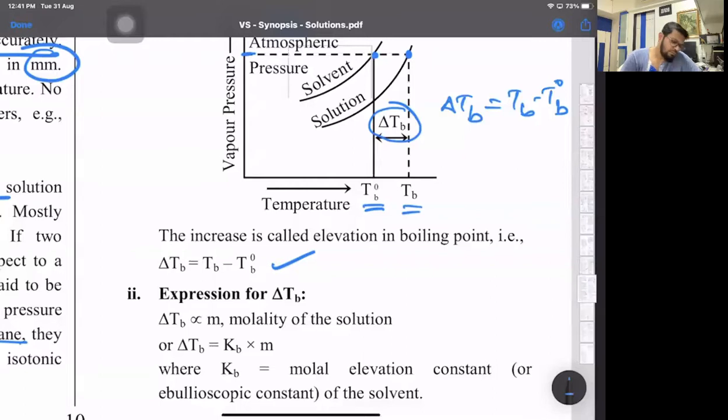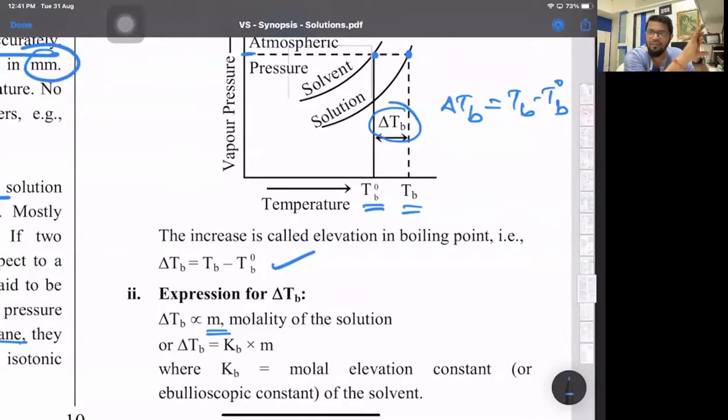We have discussed all colligative properties. If you remember how delta TB is proportional to m, I've discussed with you: 1 mole of glucose, 1 mole of sucrose, 1 mole of urea. Glucose 1 mole is 180 grams, sucrose 1 mole is 342 grams, urea 1 mole is 60 grams. All three dissolved in 1 kg of water will have the same values of delta TB. What does that mean? What is the common factor in all three?